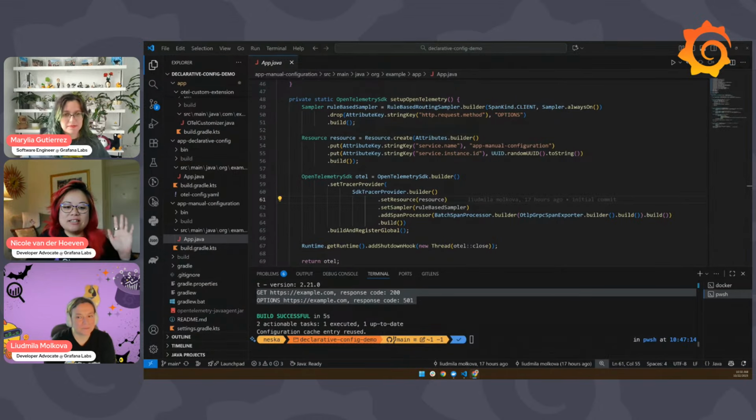Let me try and see if I can summarize this, and maybe both of you could correct me if I've understood something wrong. So there are two things. When I heard about declarative config, I thought they were talking about declarative config for the OTel collector, which we already have, but this is separate, right? Yeah, the SDK config.